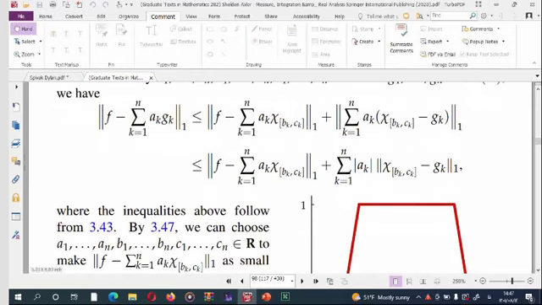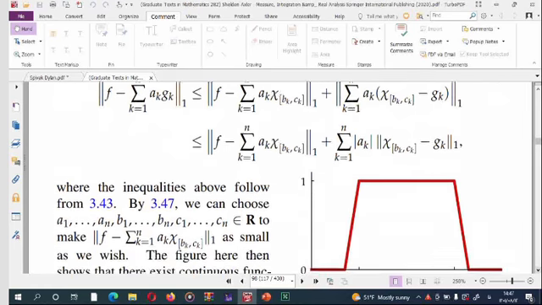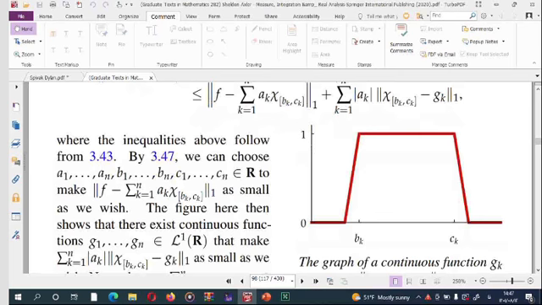We can choose these constants to make this norm as small as we wish, because by previous proposition we can use this step function. Okay, this is a step function because these are intervals. Okay,